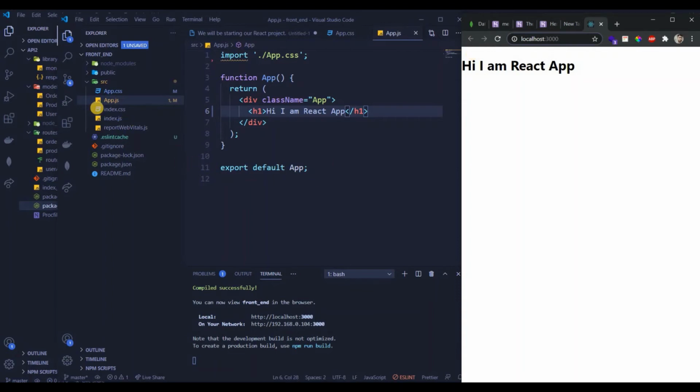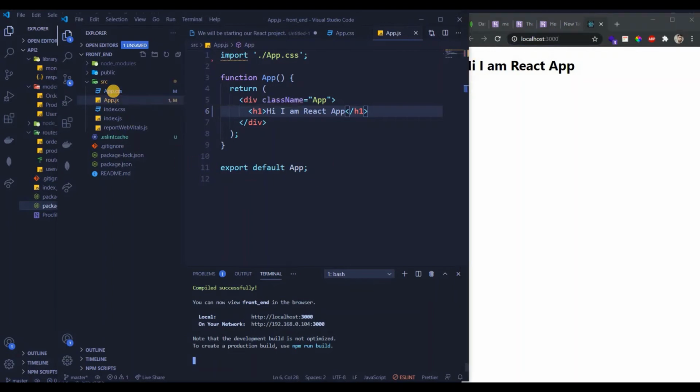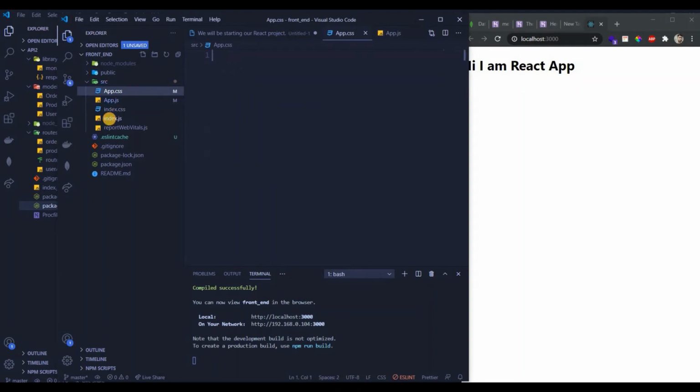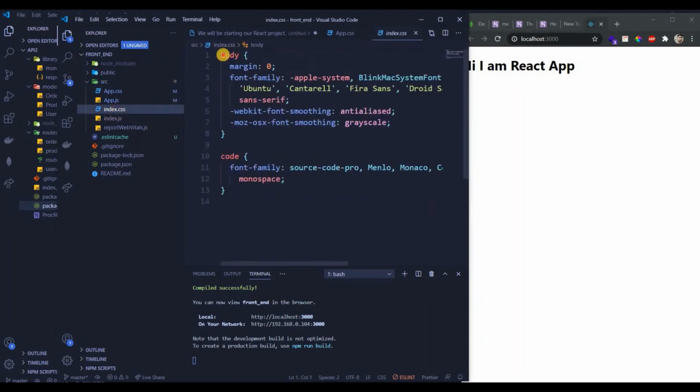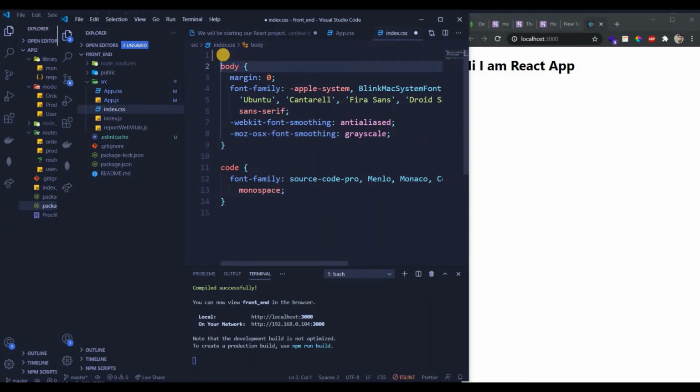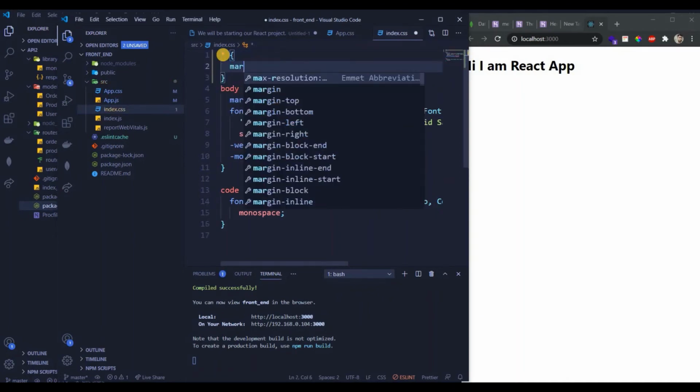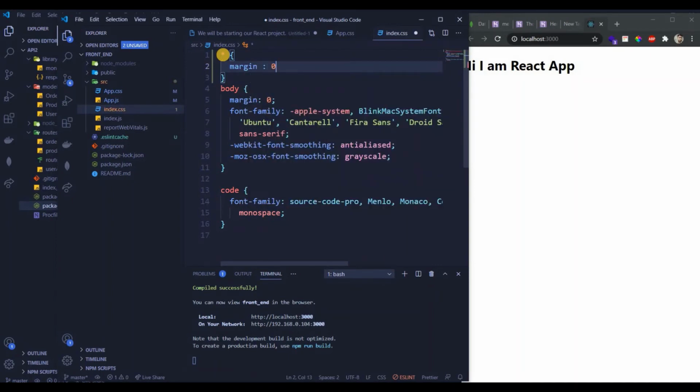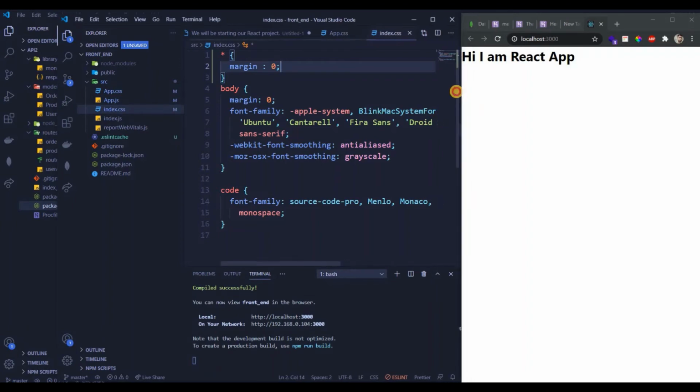But we don't need that. So what do we do in that case, guys? We go here in our index.css and we just write star margin 0. So this helps us in creating a complete custom app itself so that we are not dependent on any CSS that is being provided beforehand. Okay. So hi, I am React app. So this looks fine, right?